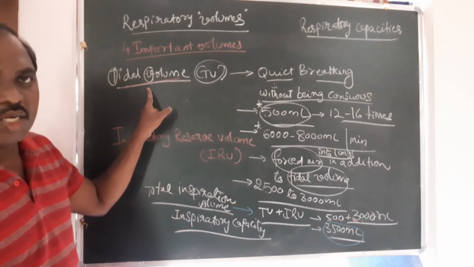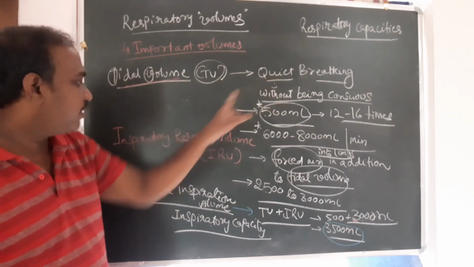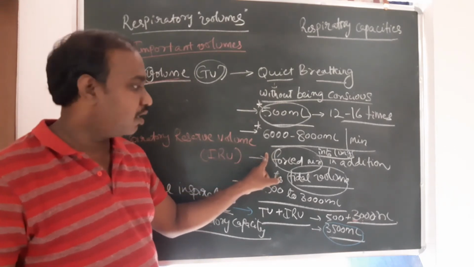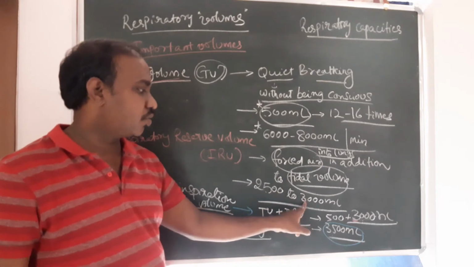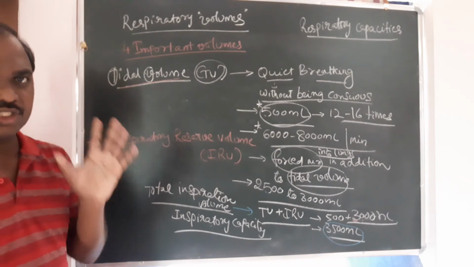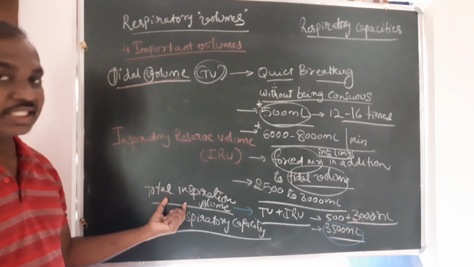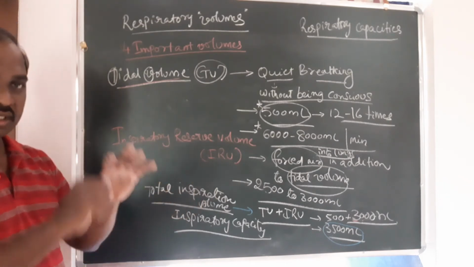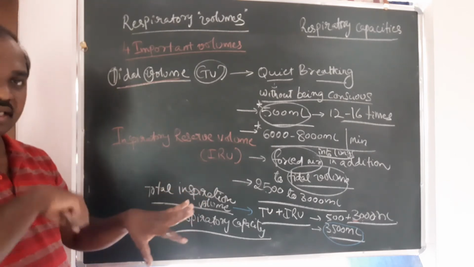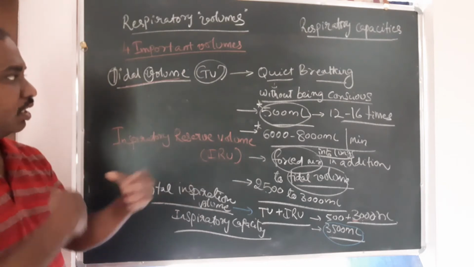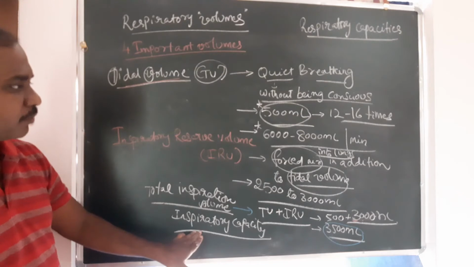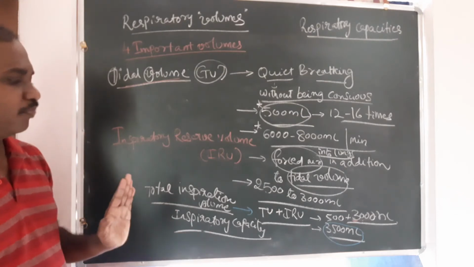Two volumes: tidal volume we have understood, so this is in quiet breathing. Inspiratory reserve volume we have understood, this is in the forced inspiration, so that is 2500 to 3000 ml. And we have also learned one capacity related to inspiration, that is inspiratory capacity. So the capacity of the lungs at the time of inspiration, right? That means regardless it is normal or quiet, if we include those two inspiratory volumes, you would get the inspiratory capacity, right?